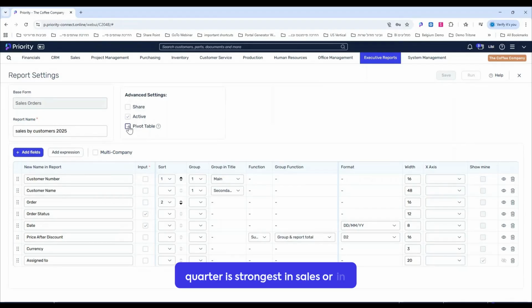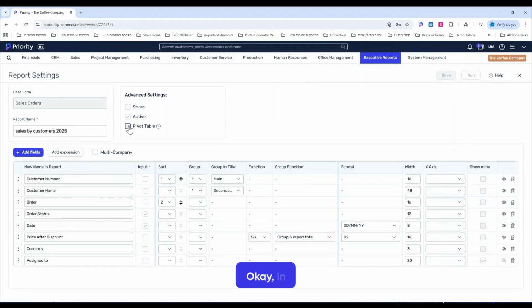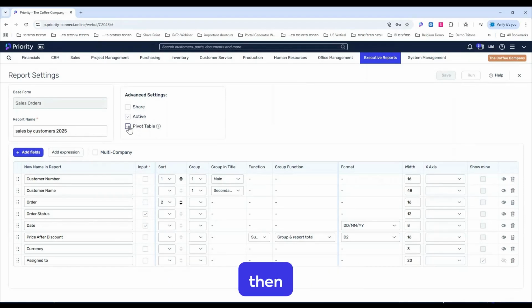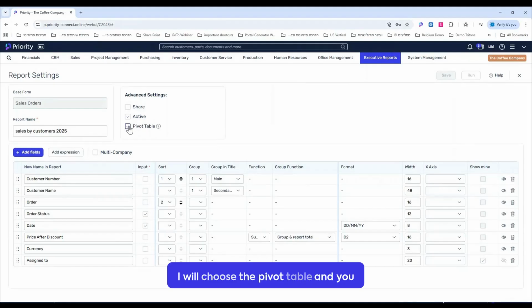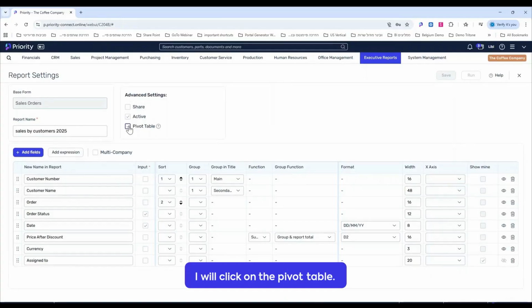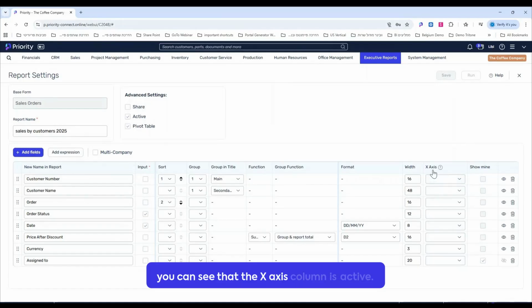Or in purchasing, maybe I want to do a comparison between vendors or receive vendor payments by currency. Okay, in each vendor, how much I paid in each currency. Okay, so then I will choose the pivot table, and you must be familiar with it from Excel. It's very similar. So I will click on the pivot table, and now you can see that the x-axis column